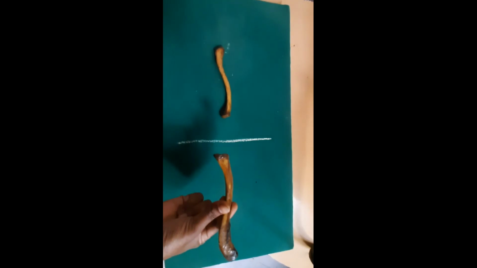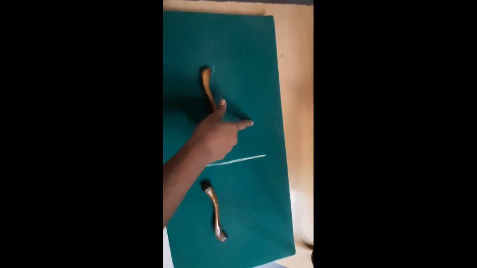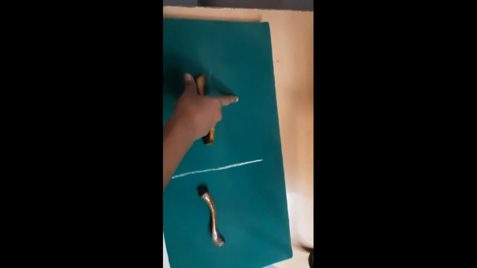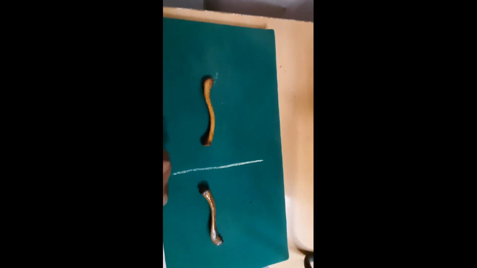So if this is the right side of the bone, you have to hold it like this for the right side. And if this is the left side of the bone, you have to hold it on the left side of the hand like this. The medial end should be medial and the lateral end lateral. The anterior convexity of the medial 2/3 and the anterior concavity of the lateral 1/3 should face forwards. Then on the inferior surface, the conoid tubercle and trapezoid ridge should both face downwards, or inferiorly. So the features of the clavicle are over.